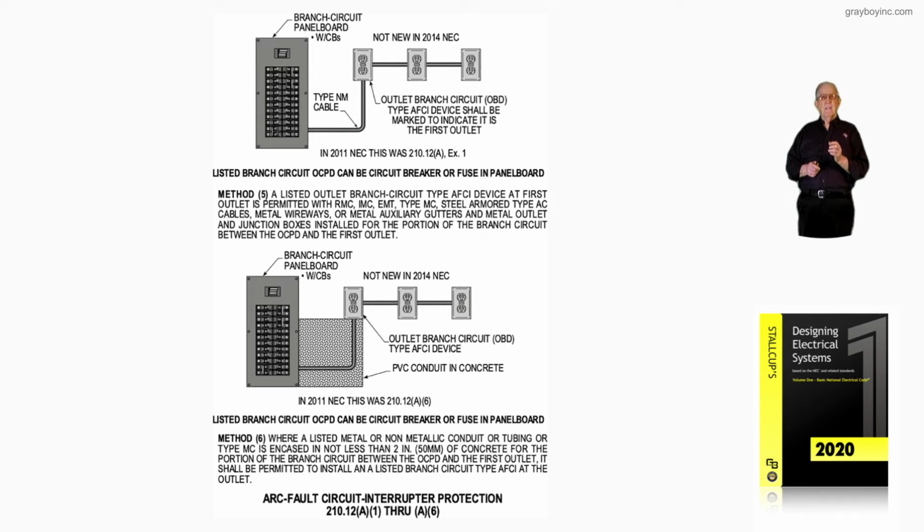So we would have a listed branch circuit overcurrent protection device, which could be a circuit breaker or fuse, in a panelboard. Now, this would be the method, but notice the wiring procedure has to be in one of the wiring methods that we see in method 5. Keep this in mind. Now, the wiring method that we're going to use below it in the 2011 NEC, this